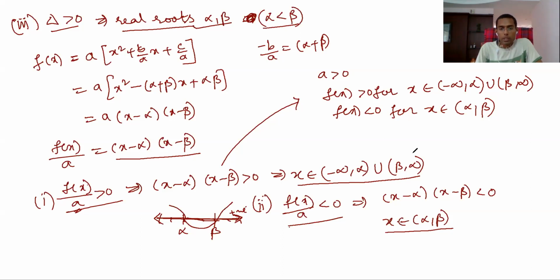It is actually easy when you do the problems. So here in this case, if a is greater than 0, then f of x is less than 0. So if a is positive, then f of x must be negative. So a and f of x will have opposite sign in this interval. That means if a is positive, f of x is negative.